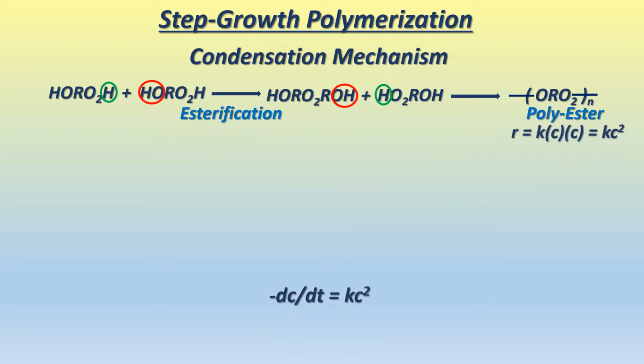The rate of this occurring, as mentioned, is simply equal to the concentration of reactant A times reactant B, or the concentration of C squared,